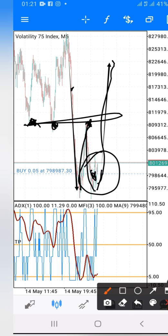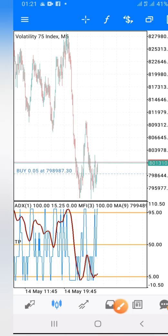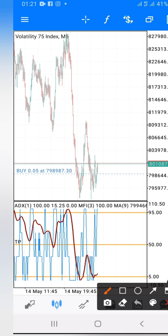Now when you look at this main chart indicator window one here, you will see something like that. You see that this red line is indicating all these things that we analyzed just now on the main chart here. Now when you look at this place here, I want you to pay very close attention. As soon as you see that this red line and this blue line inside here have gotten to this level 5 here, and the red line is already moving back up, and you see that this blue line is already on its way up,